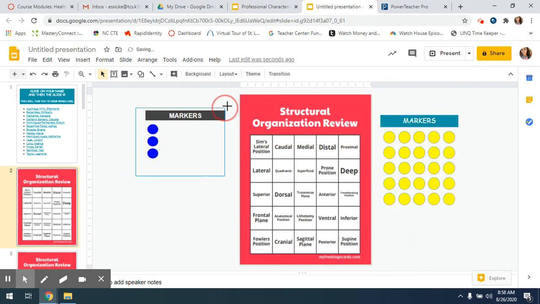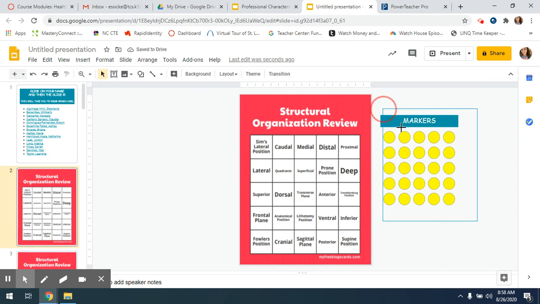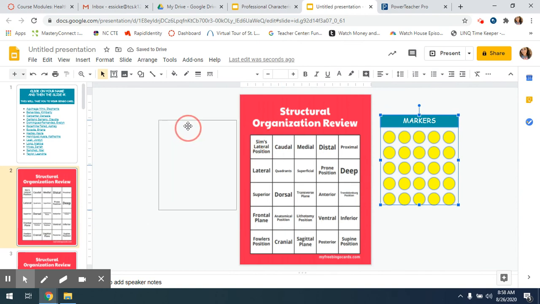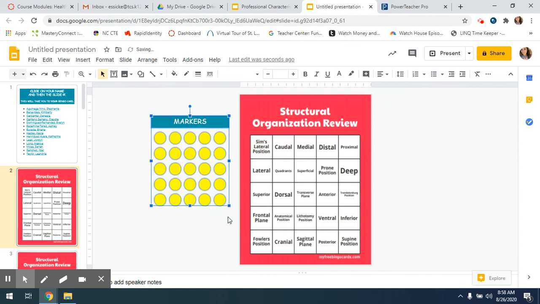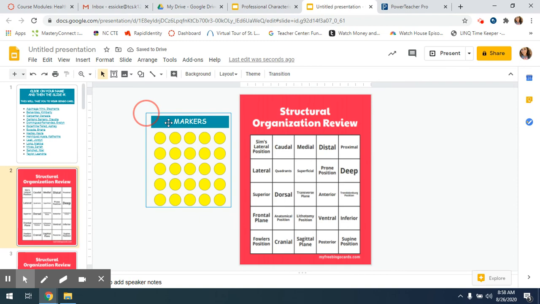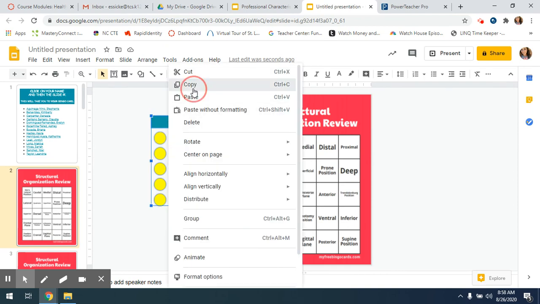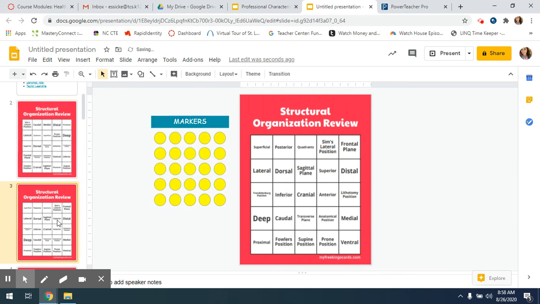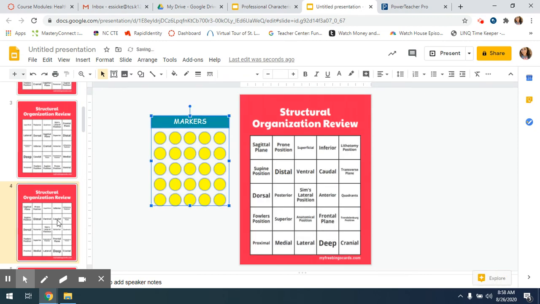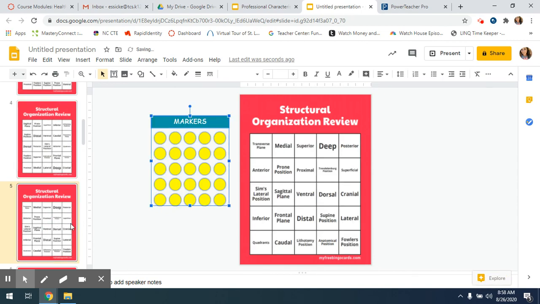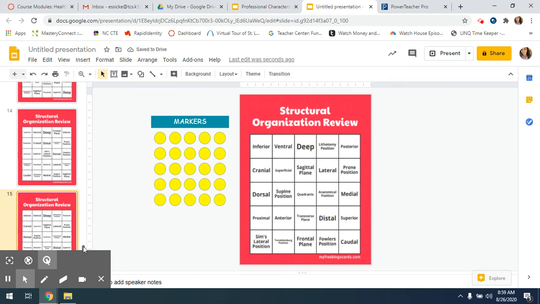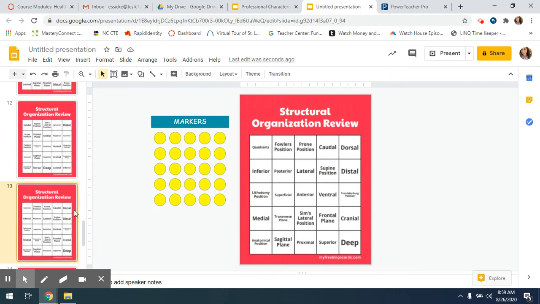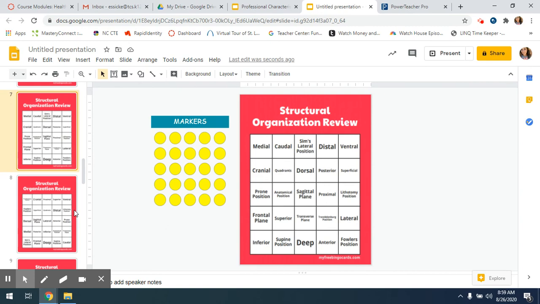I'm going to go through and just copy and paste that onto my presentation, but you can also sit there and create them for the first time if you have never made them. And then once you have them on one presentation, you simply highlight all of it, copy, and then you can go down and paste them on every single presentation. So that is the fastest way to do that. Okay, and then once all of your slides have a set of markers off to the side,